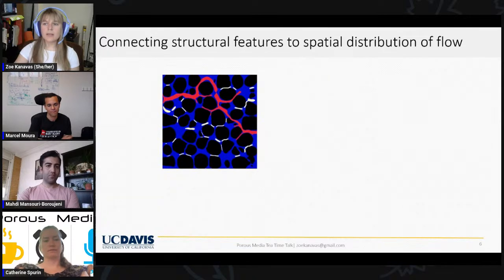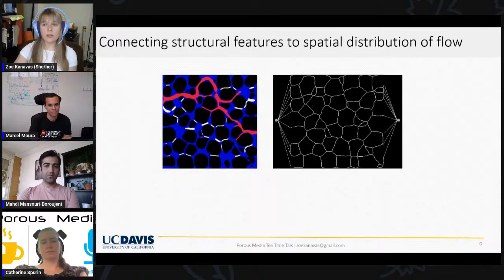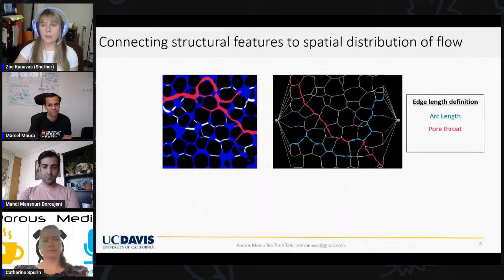Now we will combine our simplified conceptions of the pore structure and flow field through shortest path analysis. To find the shortest path through a graph, we first separate the graph from the structure representation and add an ultimate source and target node that connects to all the nodes on the inlet and outlet boundary, respectively. Then we use one or some combination of the channel geometric characteristics as the edge weight. Changing the edge weight changes the predicted path.